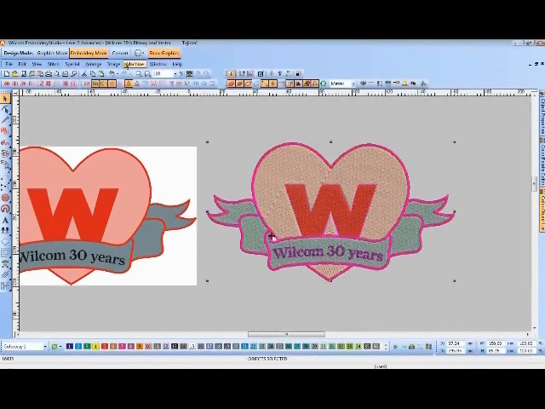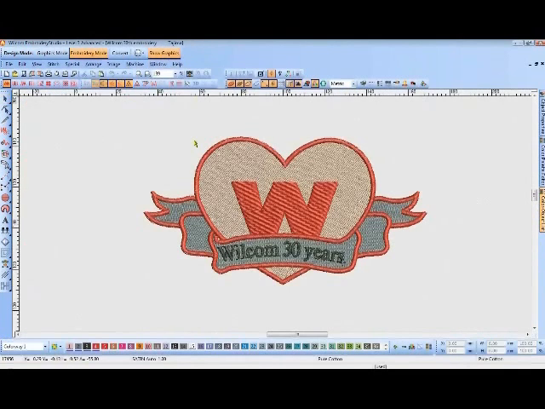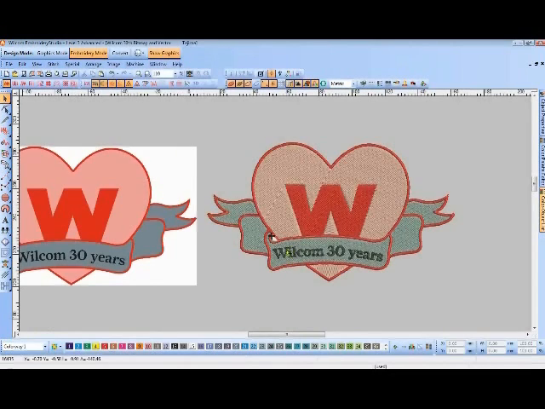If we compare the stitch count of this embroidery design, which has been done in a fully automated method, at 16,477 stitches, to my manually digitised one, where I've got 17,460. Now, I would argue that this is not as good as mine. This has been done